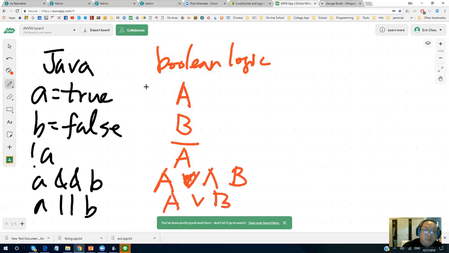This representation is called Boolean logic. And the third way to represent it is called Boolean algebra.